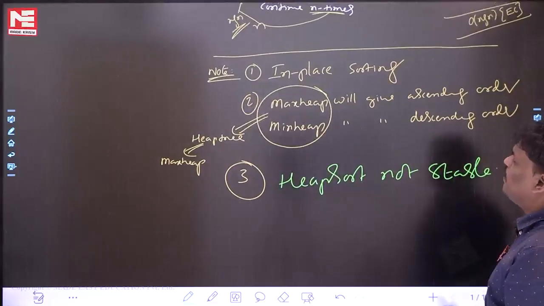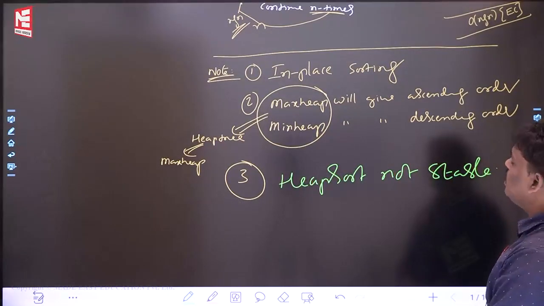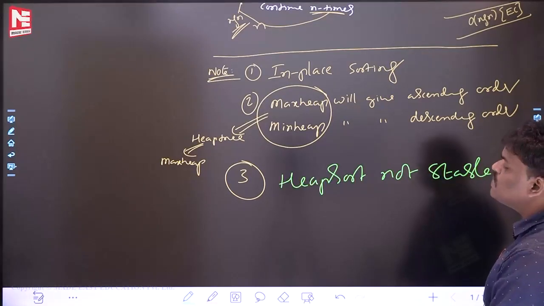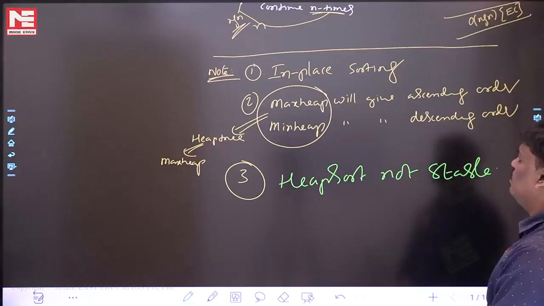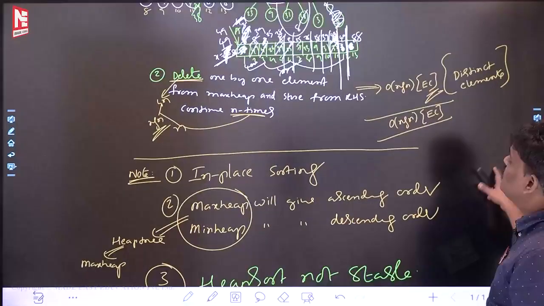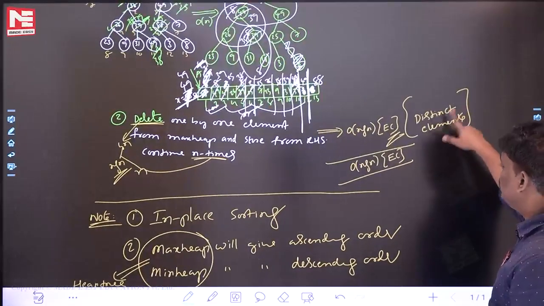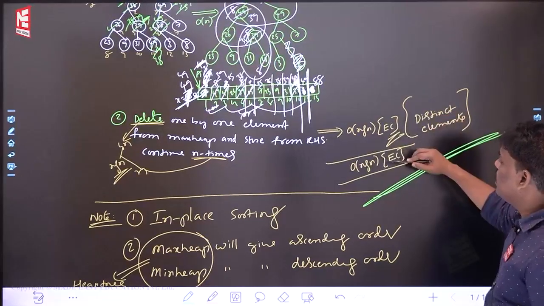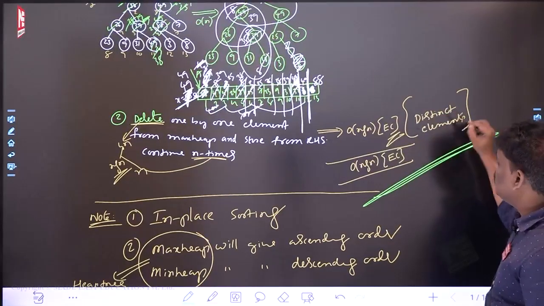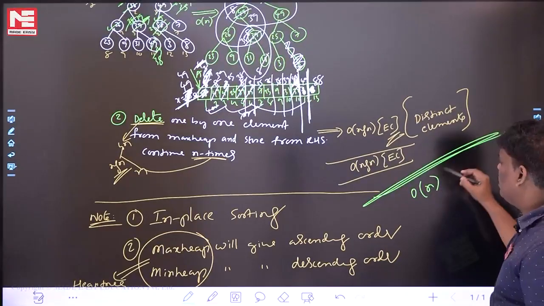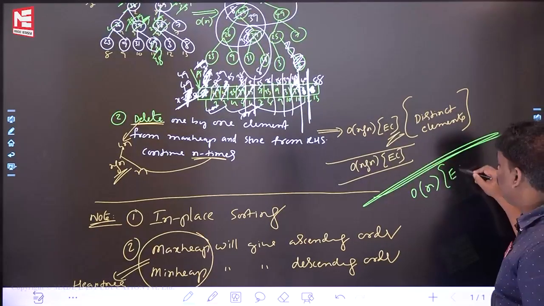These are the 3 points. What is the first point? It is in-place sorting. Max heap will give ascending, min heap will give descending. So heap tree means max heap tree because it will give ascending order. Next, heap sort is not stable because repeated element order may change. And one more thing: time complexity of heap sort is n log n in every case for distinct elements. One more thing I am writing: time complexity of heap sort is going to be order of n